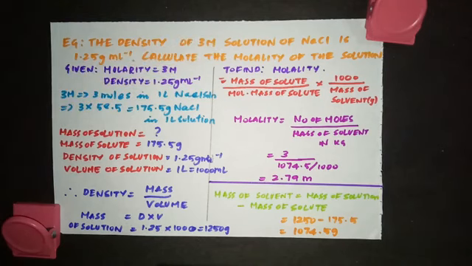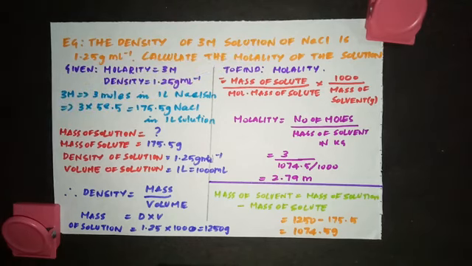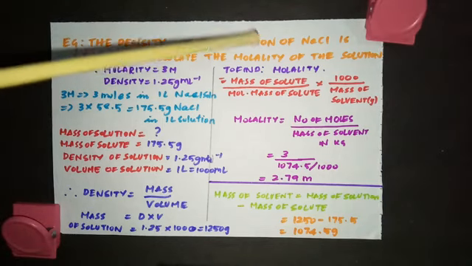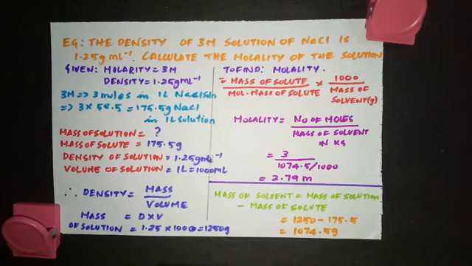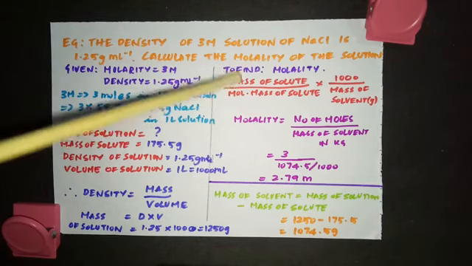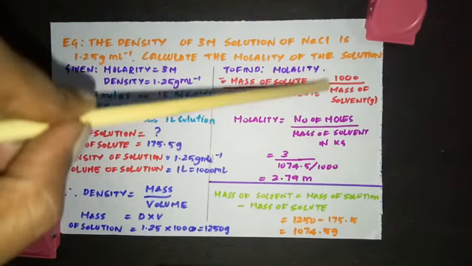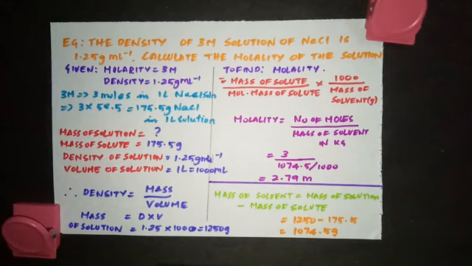Capital M means molarity. They have given you the molarity of NaCl solution and they are asking you to calculate the molality of the solution. So just try to understand the question and then try to solve it. They have given you density, they have given you molarity and asking you to calculate the molality. Now, to calculate molality, what is the formula you need to apply? Mass of solute by molar mass of solute into 1000 divided by mass of solvent in gram.